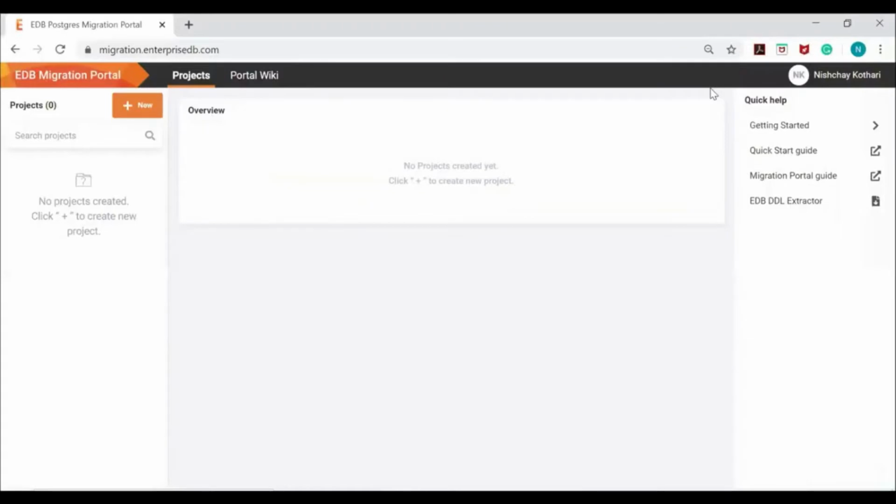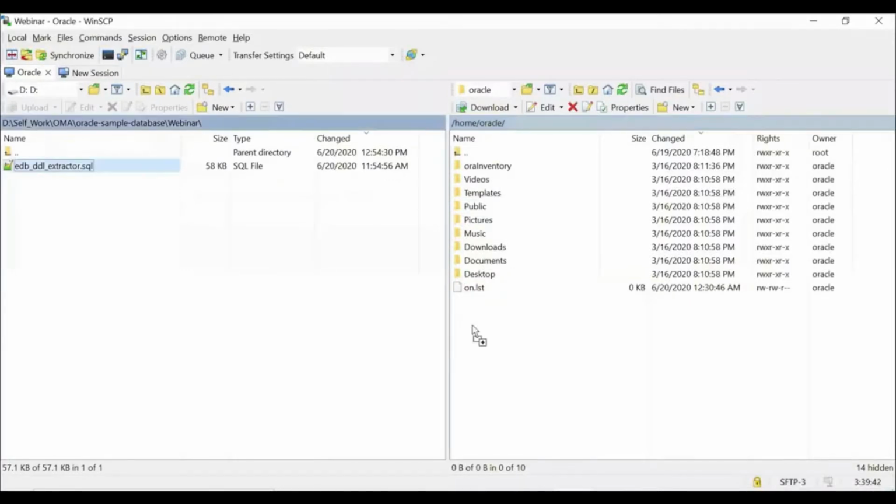First of all, after logging into the migration portal, you need to download the EDB DDL extractor, which is useful to extract the DDL of Oracle DB objects. So now you can see that I have already downloaded it here. I'm going to upload this file to the Oracle server, home Oracle, and now I am going to execute this file.